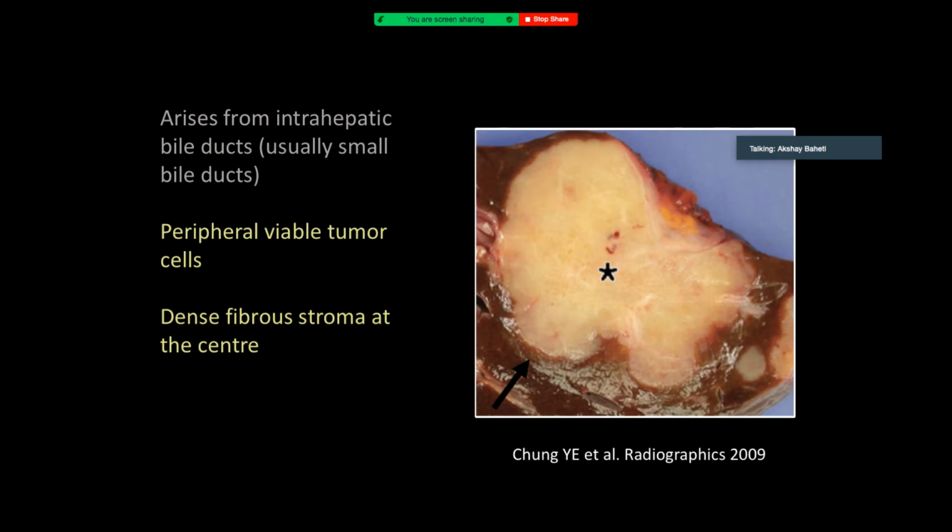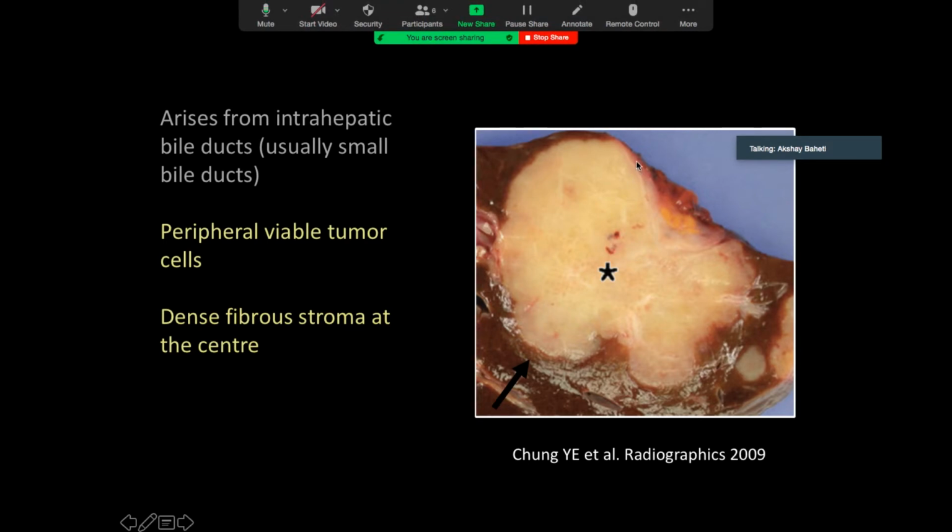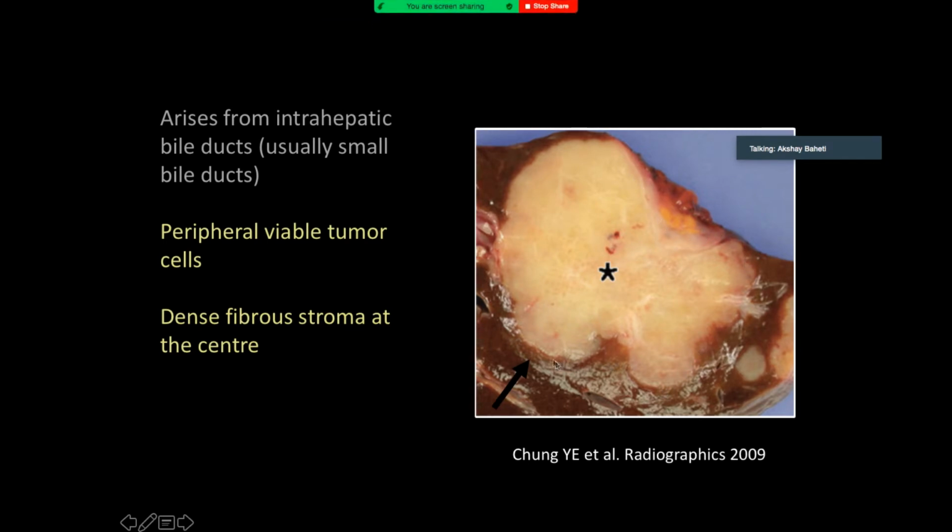Right. So generally, what is the pathology? It's a very sclerosing tumor or fibrous tumor. Okay, a lot of fibrous stroma is there, which is at the center of the tumor, and the periphery is what is viable. So generally, this red sort of pink sort of color, that's the viable tumor. Okay, and all this center is all fibrous stroma. Right, and we all know fibrosis enhances on delayed, right? So that's why you see the centripetal filling in on the delayed scan.